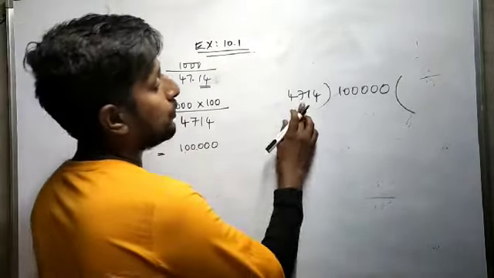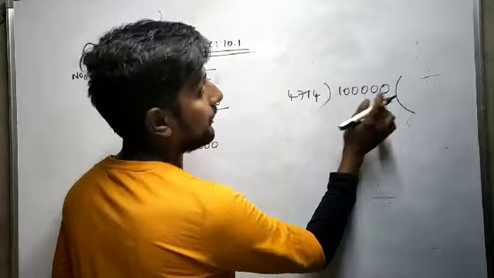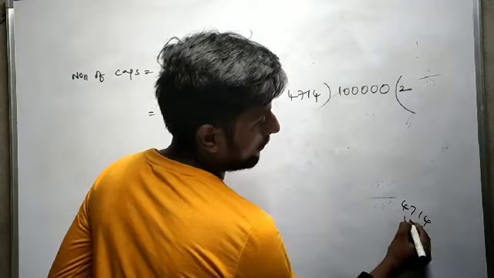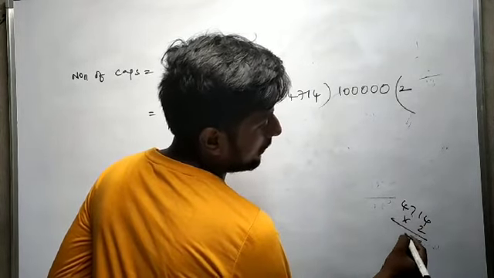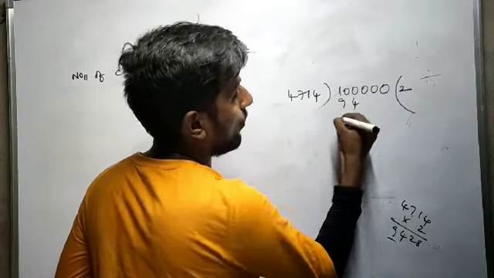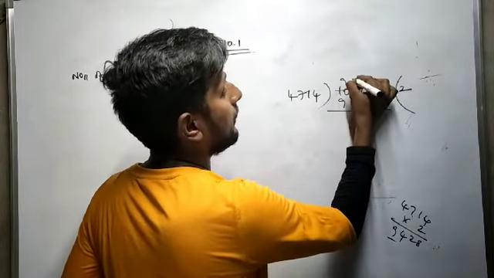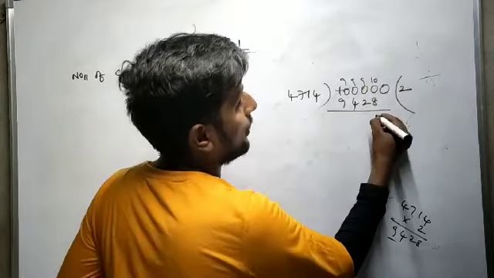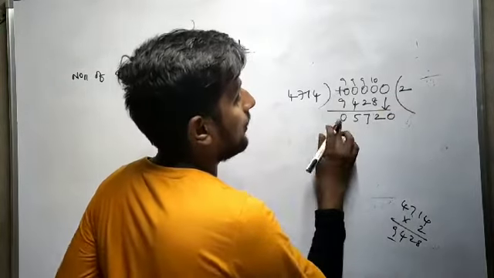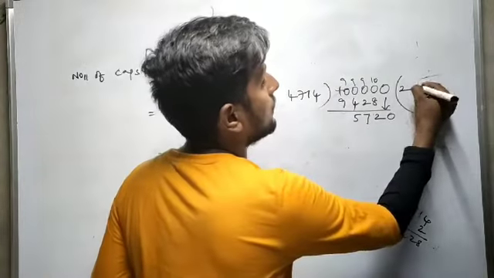If you take nearly 2 times, because 4 2s are 8. If you take 4 3s, we'll get 12 directly. Correct? So we can take 4 2s are 8. 4714 into 2 is 9428. 14 2s are 28. 2 7s are 14. And if you take borrows from all, it becomes 9 9 9, and the last one we can take 10. 2 7 5, it's completely 0. And take one more digit, 5720.